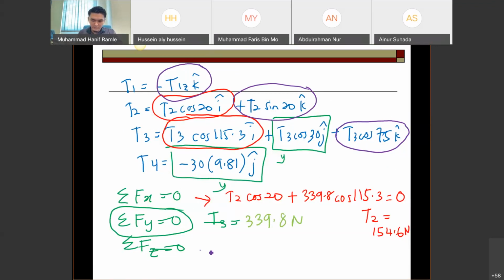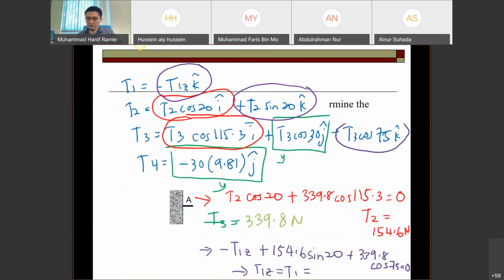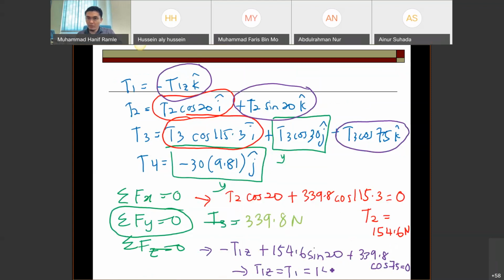Just use the equivalent system: negative T1Z plus T2, 154.6 sine 20, and then plus T3, 339.8 cos 75, equal to 0. So you will get T1 equal to 140.8